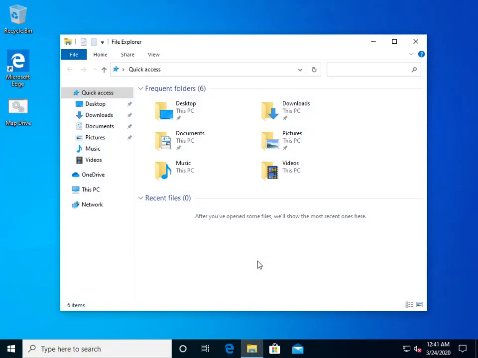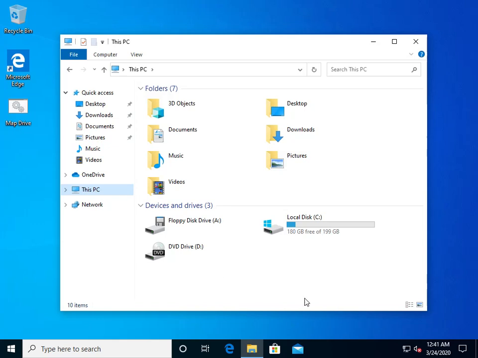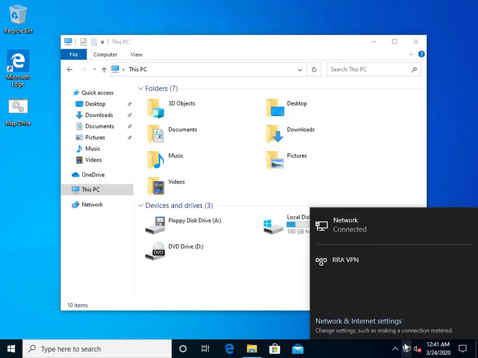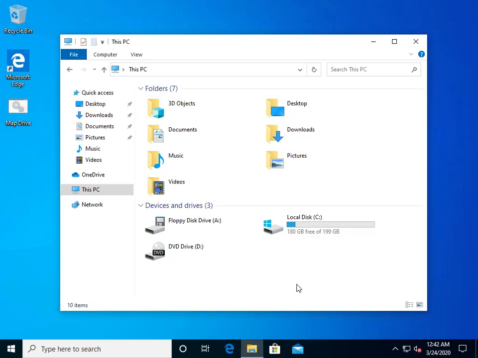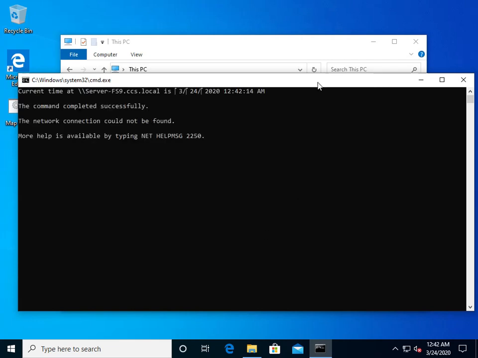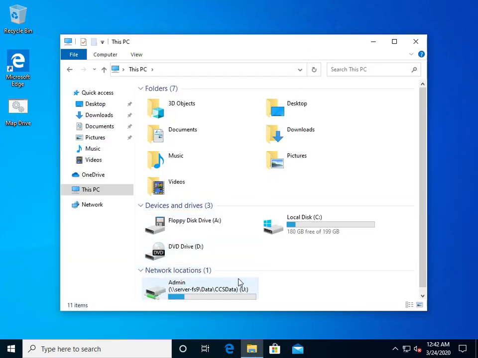I need you to notice that none of my network drives are showing because I'm not inside the VPN. To fix this, you click this guy, Internet Access, find your VPN connection, usually we call it by the company name, and hit connect. I'm signed in now, I'm inside the network. Probably your system administrator or your IT person put something like this on your desktop. You just double click and it will map your network drive.